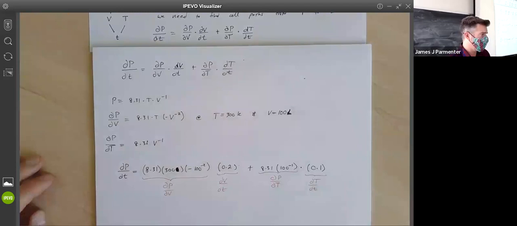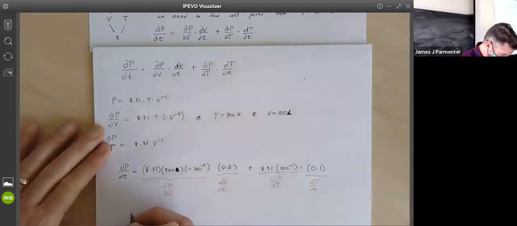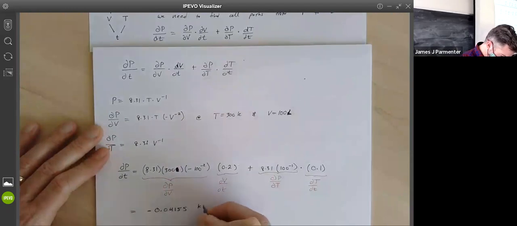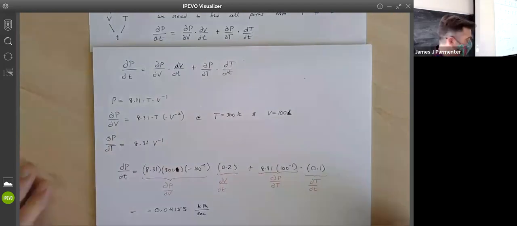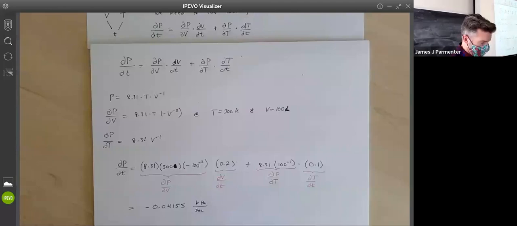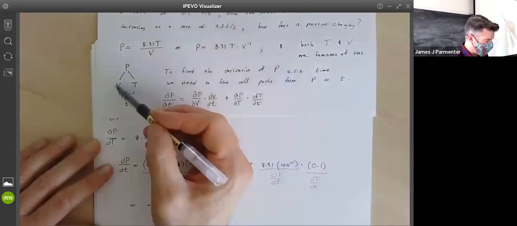And then you use your calculator because no one's calculating this by hand. And after you do all the calculations, you're going to get approximately negative 0.04155 kilopascals per second. But the point of this is more, right? I mean, the numbers, who cares about the numbers really? They're not that important. The point of this really is that if you're differentiating a function of multiple variables that